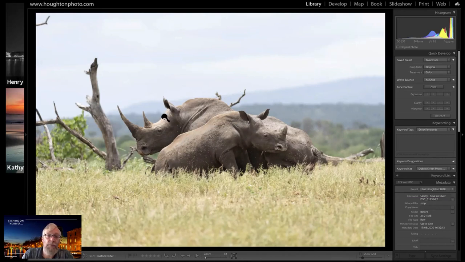And we've got the brightest areas. Look at the top of this rhino's head here. The light's coming pretty much straight down because the underside of his head is dark and the top side of his head is light. So we've got the light very high in the sky. This isn't early morning side lighting. This is mid morning, noontime, probably the hottest part of the day,